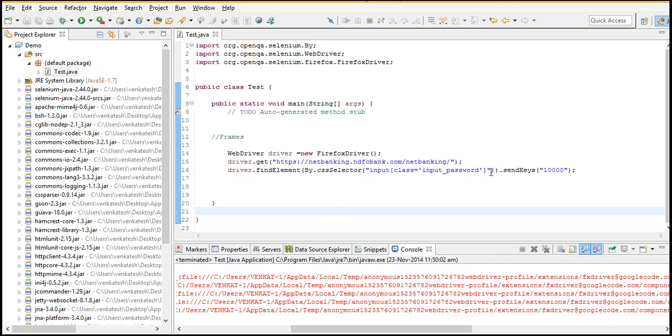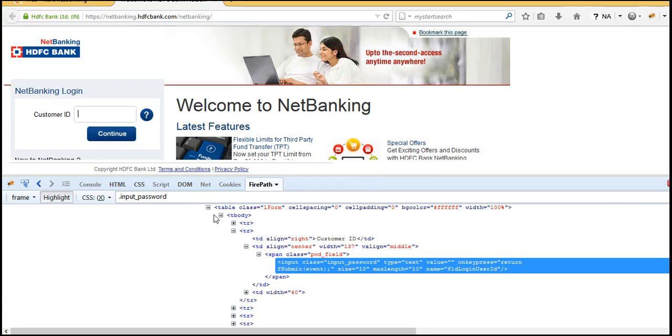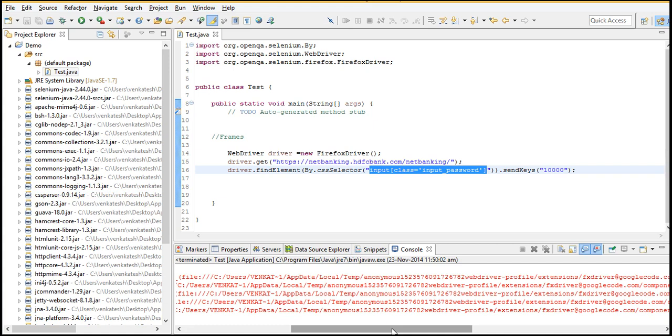Now if you want to cross check, copy this, paste it here and click on enter. You can see something is getting highlighted. That means our locator technique which we have provided is correct, but still Selenium says it cannot identify it.